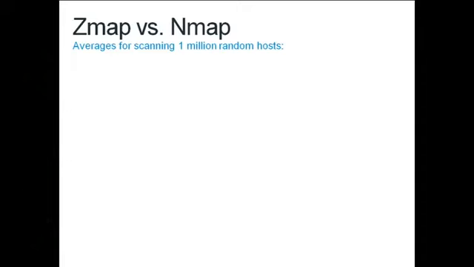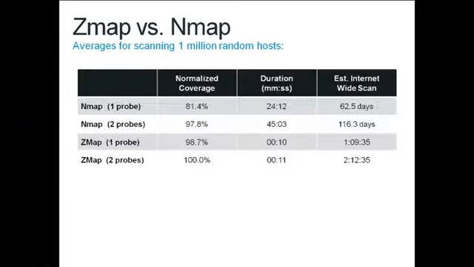All right, so it's a little bit unfair to compare scanners like ZMap to Nmap, which was not designed for internet-wide scanning. But it's also a natural question to ask. So just really quickly, what do we get if we do this comparison? Let me give you some average times for using ZMap and Nmap to scan a random sample of 1 million hosts. And this is all scanning the same sample. With Nmap, this is using Nmap's most aggressive default, which is called Insane, plus a few flags that make it a bit faster than that. This is basically the configuration we used in the weak keys work I mentioned.